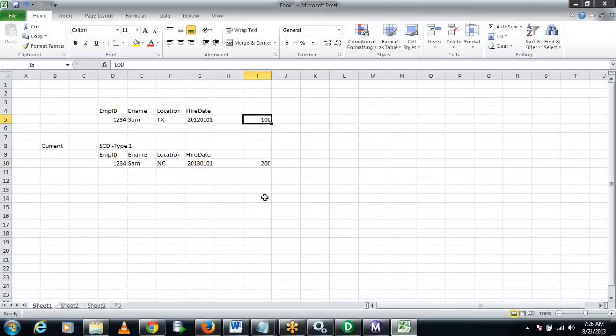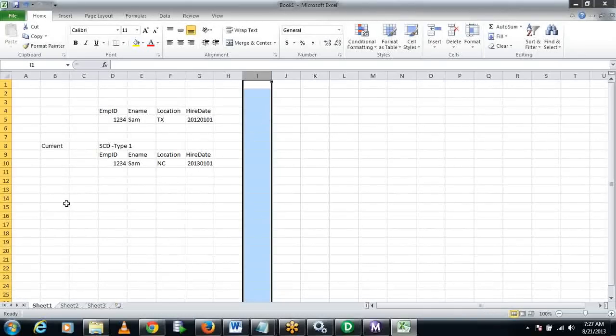Why is he being paid 200? The annual income last year was only 100. Why was it doubled this year? Was there any increment given? All these sorts of questions come up. Then the HR will verify that and come back to the business and say, no, last year he was in Texas. Texas has a higher percentage of taxes, and that's the reason he got less. But NC has a lesser percentage of taxes, and that's the reason he's earning more. Now that can be solved like this,